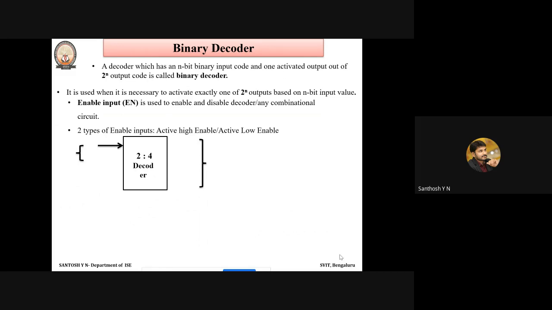So what is meant by encoding, as we have already discussed in the class? Encoding is nothing but converting one form of data to another form, like binary coded decimal (BCD) value to binary representation. We have studied so many conversions. That is nothing but an encoder. We are converting from one form to another form. That is called encoding, and it is usually done at the transmission section of the communication process.